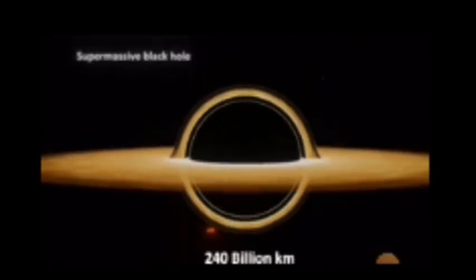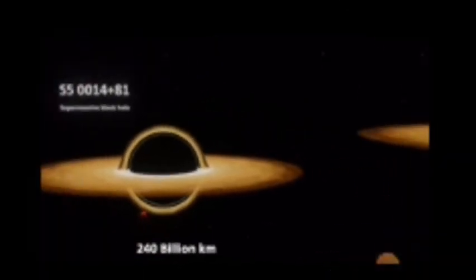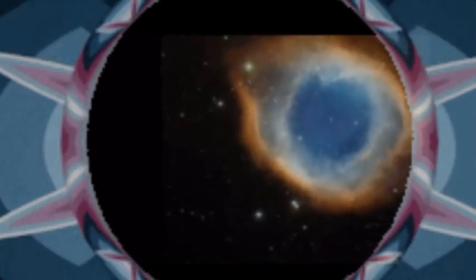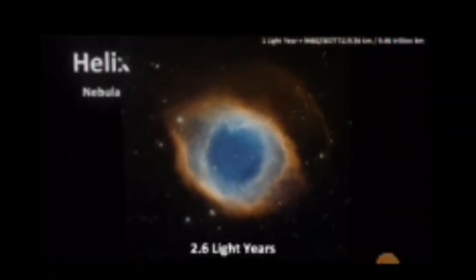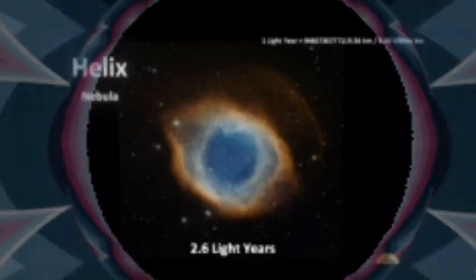Let me find out what that is. Are they just messing with me? Oh wow. Nope. Damn. That's a black hole. Yeah. What in the hell? I've never seen these before. What? Huh. Wow, that's crazy, man. Wow. Would you imagine